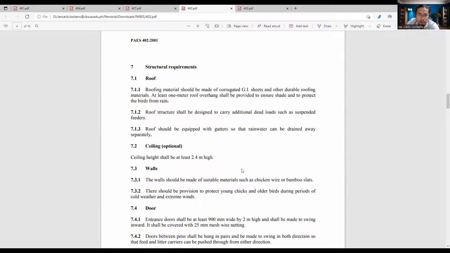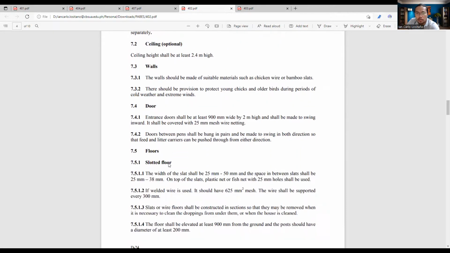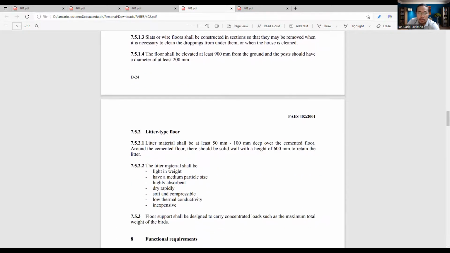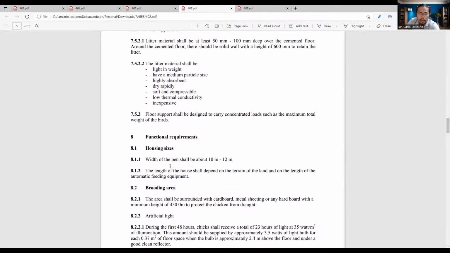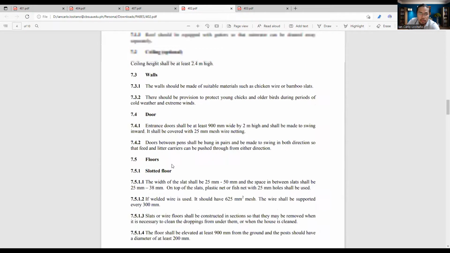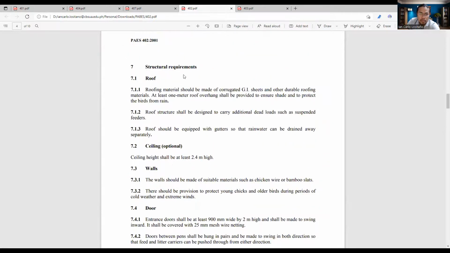Right. So for the structural requirements, this is still the focus of this course. You have the roof, the ceiling, the walls, the doors, the floors, the slatted floor again, and the functional requirements come after. But again, it should be taken into consideration that the shall are mandatory, while the should are recommendatory. Okay. So for the roofing, roof structures will be designed to carry additional dead loads, such as suspended feeders. If you have suspended feeders, the suspended feeders are for automated